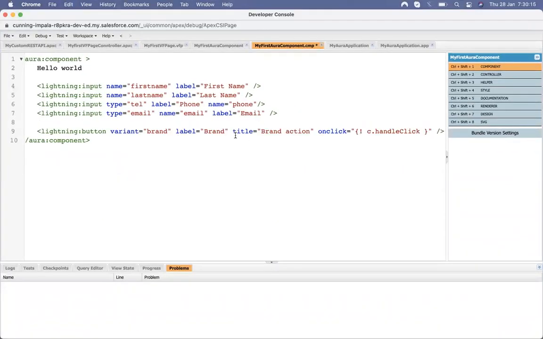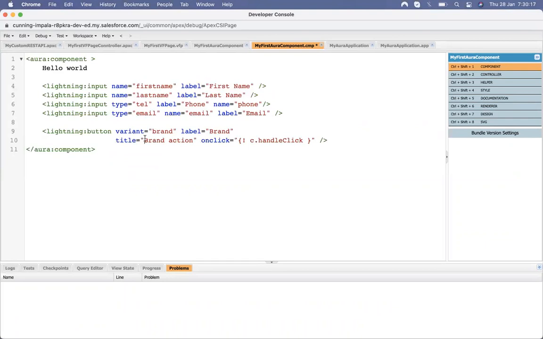Okay. So I created a button. Let's remove this one.